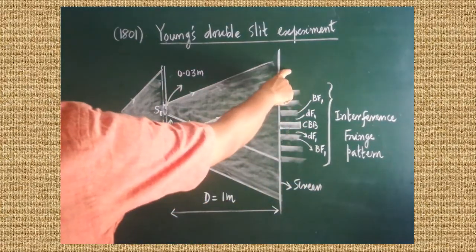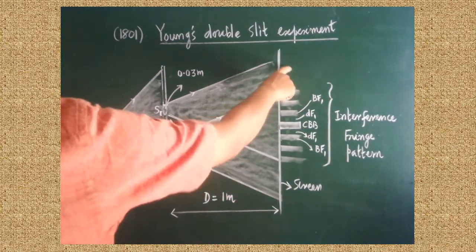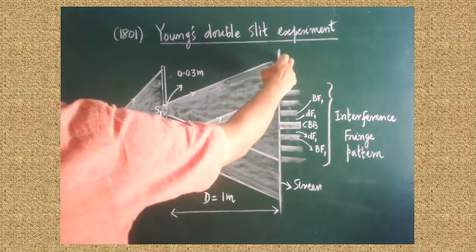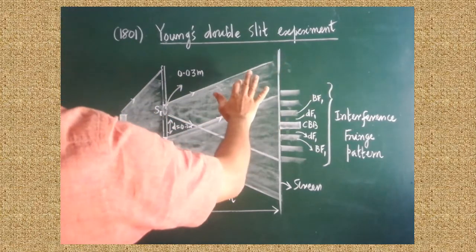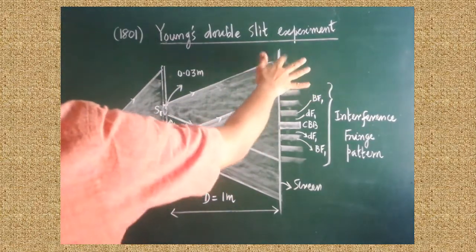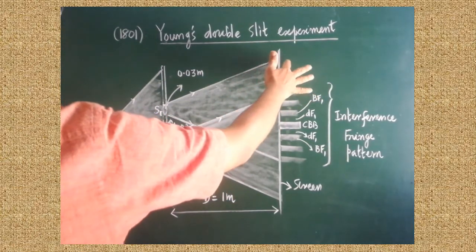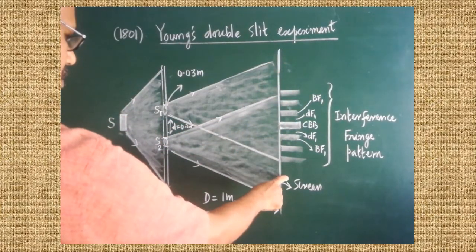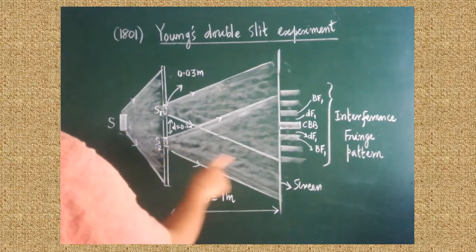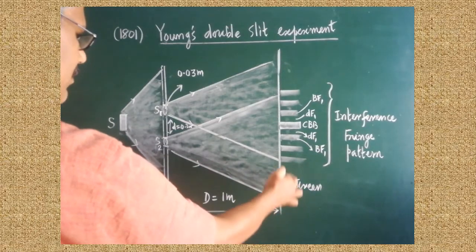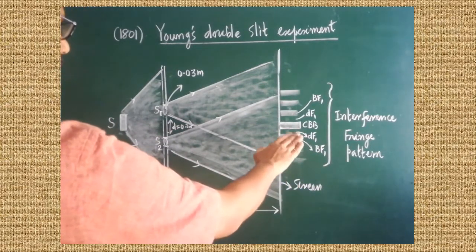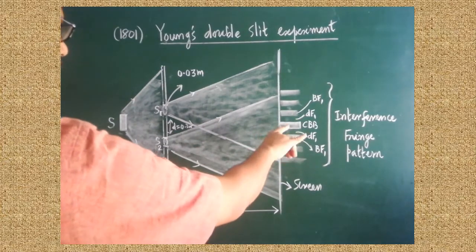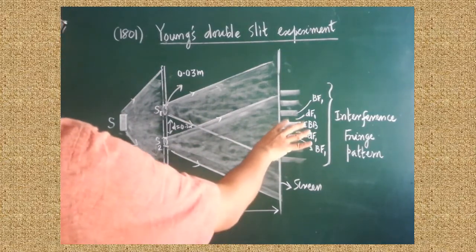Look at the region here. Here the light from S1 alone falls. Therefore this region will be fully illuminated by this light, so here you are not able to observe any fringe pattern, any interference pattern. Here also, this portion is illuminated by the light which comes from S2. So this region is full of bright region. There is no interference pattern. An interference pattern contains only alternating bright and dark regions, dark bands. Okay.